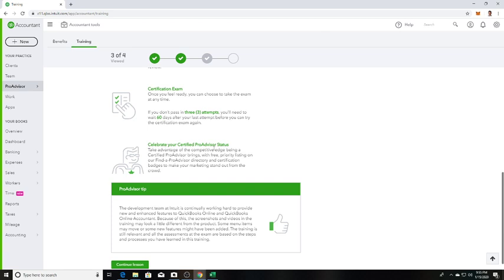Celebrate your certified ProAdvisor status. Take advantage of the competitive edge being a certified ProAdvisor brings with free priority listing on your Find a ProAdvisor directory and certification badges to make your marketing stand out from the crowd. Okay. So